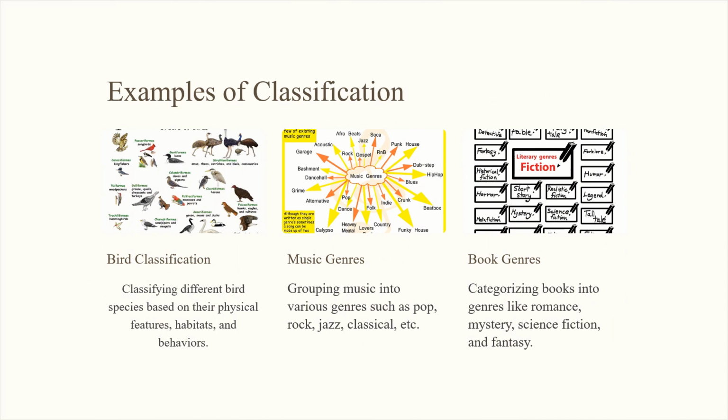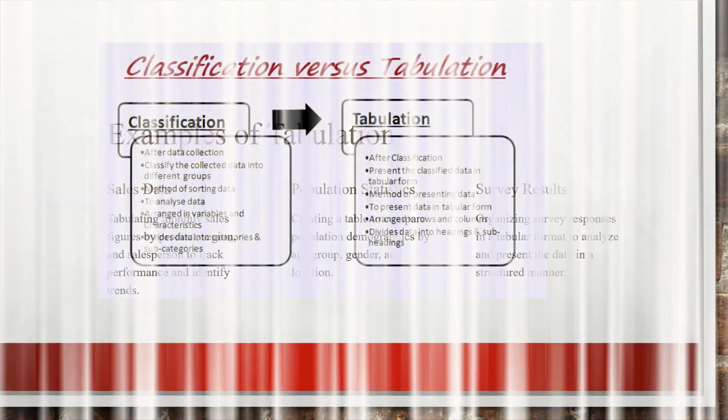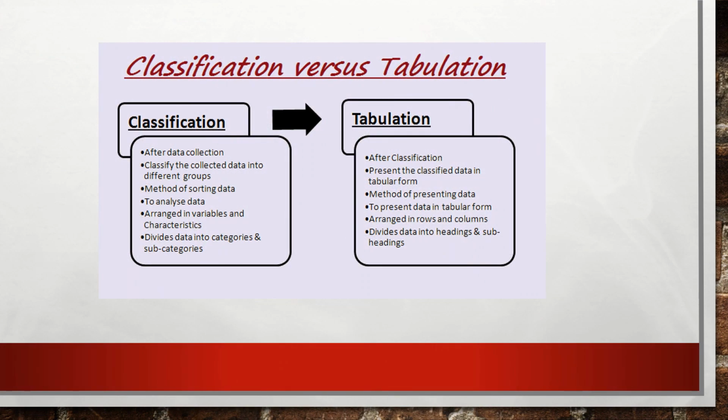Here is an example for classification. We can classify the birds into different classes on the basis of their feathers, habitats, behavior, etc. We can classify the books into romance, fiction. That way we can classify the books. We can also classify music. But while doing the tabulation, for example, we can say sales data, population statistics. That's another example for tabulation. Then this is a simple way to study the difference between classification and tabulation. Classification is done after collection of the data, and